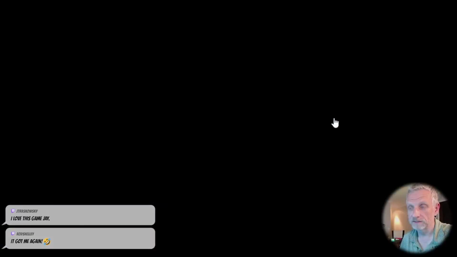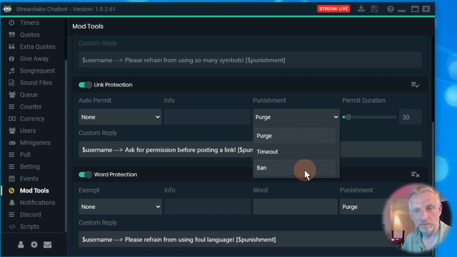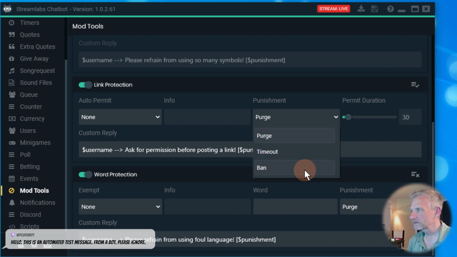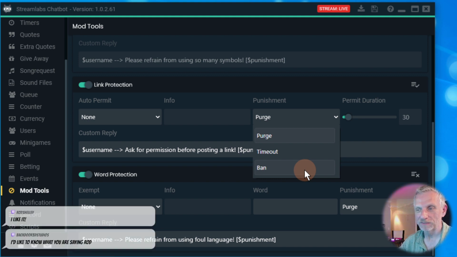I can also, this is the other thing, if this is about spammers, instead of purging the content, I can also ban people immediately. So that's also possible. That is quite clever, isn't it? So it didn't even appear on the screen for us as the overlay, right? It didn't even do that. I wasn't looking. So that's cool. The bot is still posting the auto messages there.